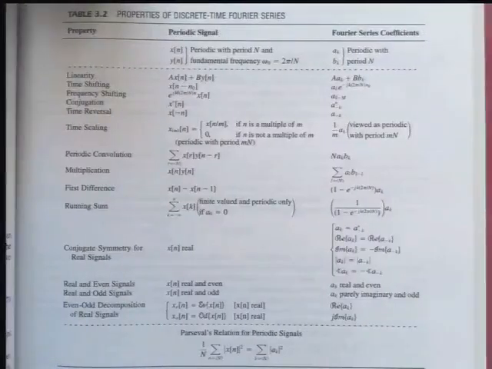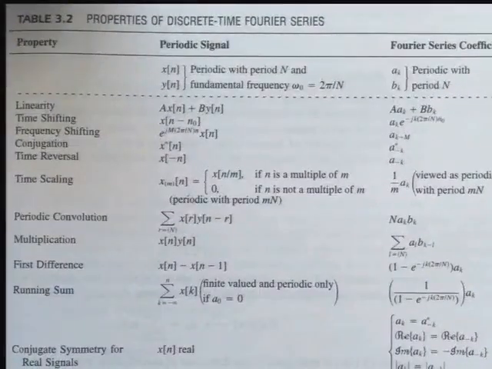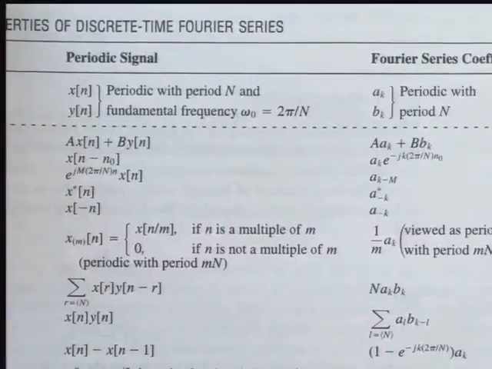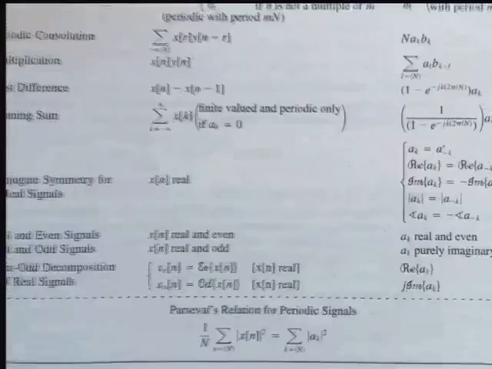Discrete time is another table, table 3.2. Some things that didn't exist before, such as the coefficients being periodic, phi's being periodic. Linearity is the same. Time shift is very similar. If you're shifting the signal in time, the Fourier series coefficients are almost the same, except that you add phase to them. You just multiply them by e to the negative j something, where that something depends on how much you shifted in time. Conjugate symmetry, all that are similar, and other things. And there you go, again, Parseval comes.